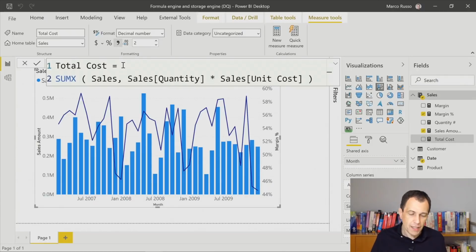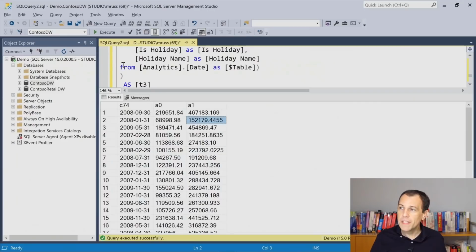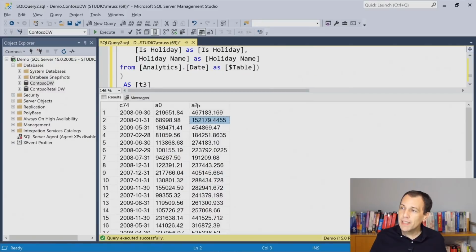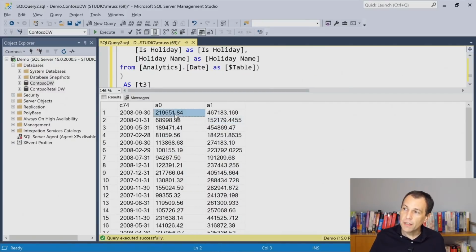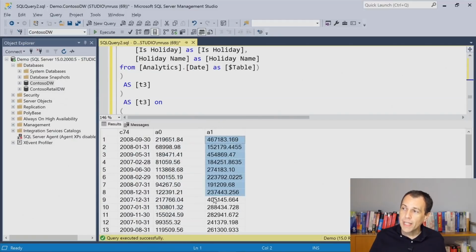So if we go back to the SQL code we see here, I can tell you that the number we see in A0 here is the value of sales amount. Whereas A1 is probably the value of, is the opposite. A1 is the value of sales amount, yes, whereas A0 is the value for total cost.